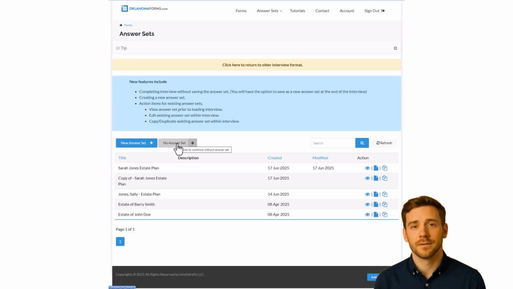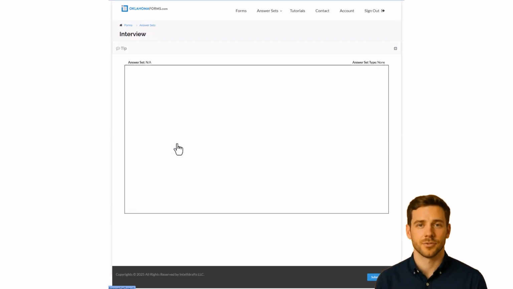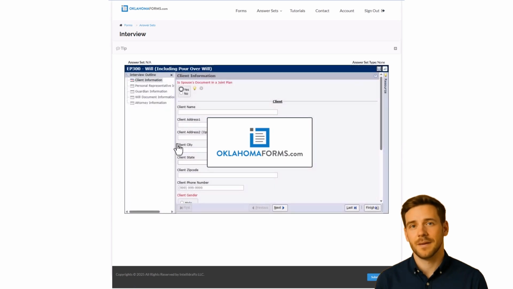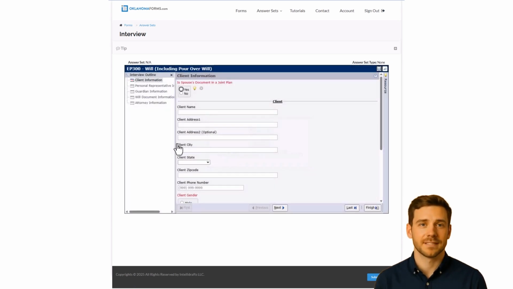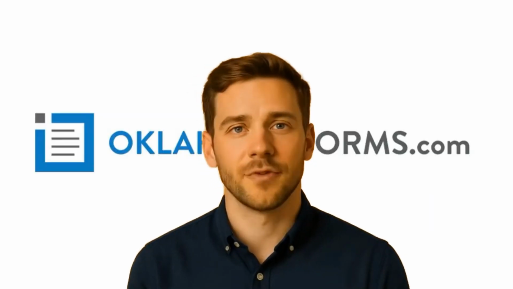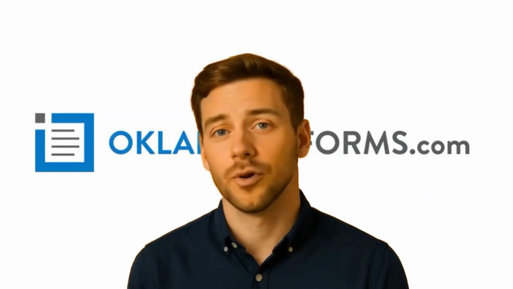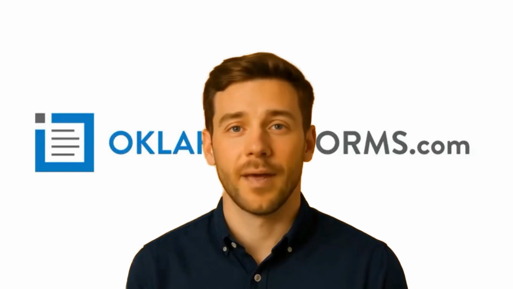If you click this button, you will load a blank interview with no associated answer set. This option may make sense if you have no reason to save any of the information you are about to enter in the form interview. Okay, now that we have covered those features, let's have a look at what is happening with your answer set